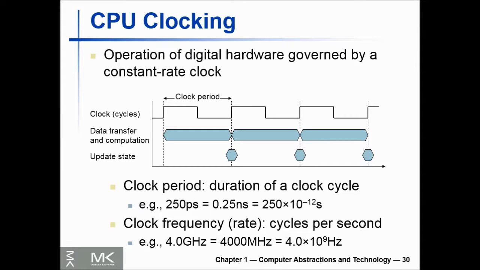Almost all computers are constructed using a clock that determines when events take place in the hardware. These discrete time intervals are called clock cycles, or ticks, clock period, clocks, and sometimes only cycles.